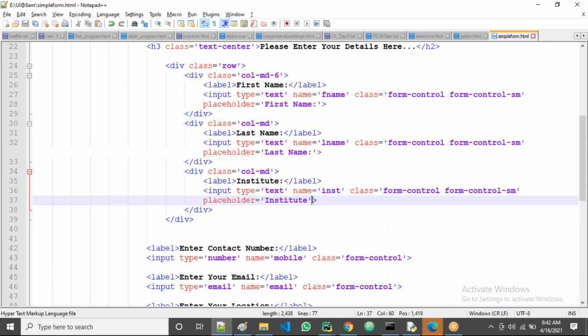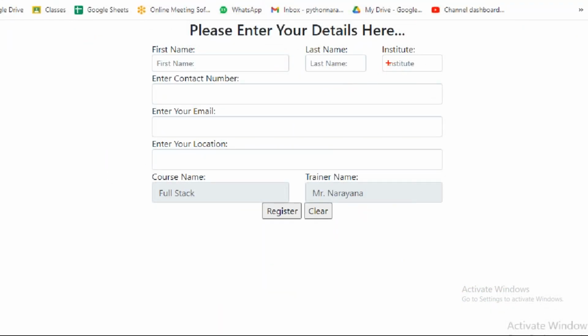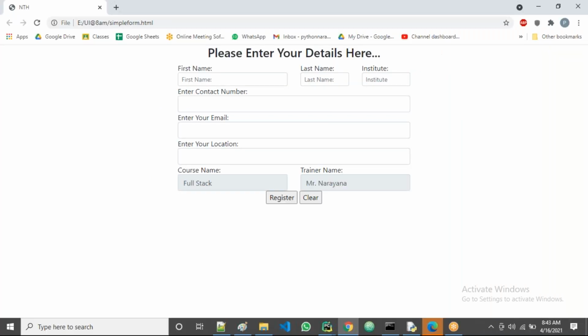So now what do I do here? See, when I want to take the default value, at that time, do we require the placeholder? Say I'm going to take this default value as NTH. I want to take NTH as the default value. At that time, is there any use of placeholder or no use, guys? Tell me. No, no use, guys. Why? Because I'm giving the value already there.